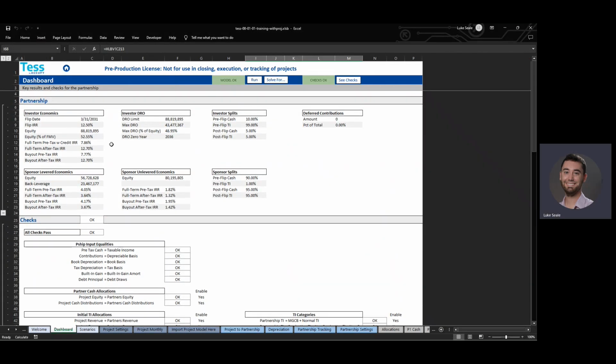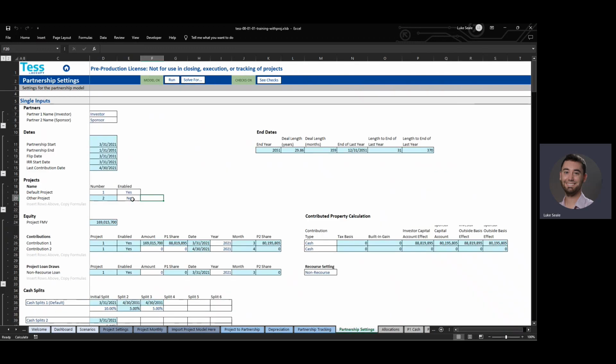Okay, so cool. So we now took those recs out of the project. Let's keep an eye on the IRR and see the effect. So if we look at, say, this sponsor full-term pre-tax IRR, right now it's at 4.05%. If we go to partnership settings and then we put this project back in,